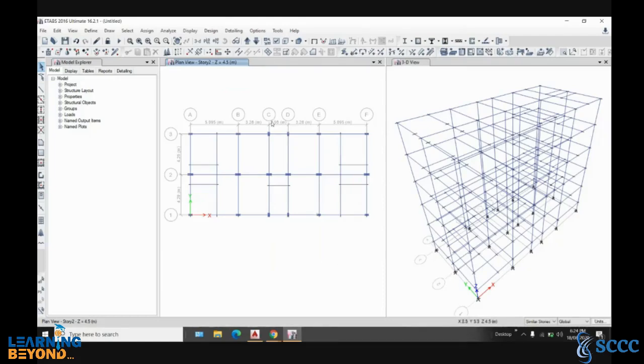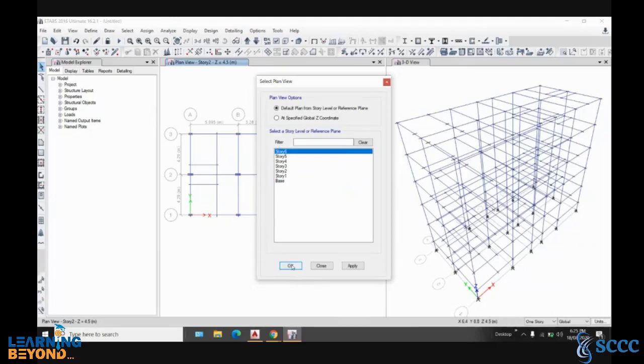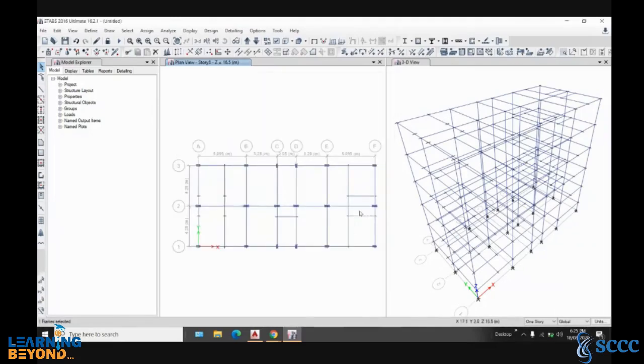Actually it is drawn because we have not made similar also, that terrace is also similar. So again I will go to 1 story and I will select the top story, which is terrace, and I will select this beam. I will select beam, and I will see that only two frames are selected, and I will click them. Okay, so then you can select the two joints and you can make them. Okay, so the entire drawing is prepared.